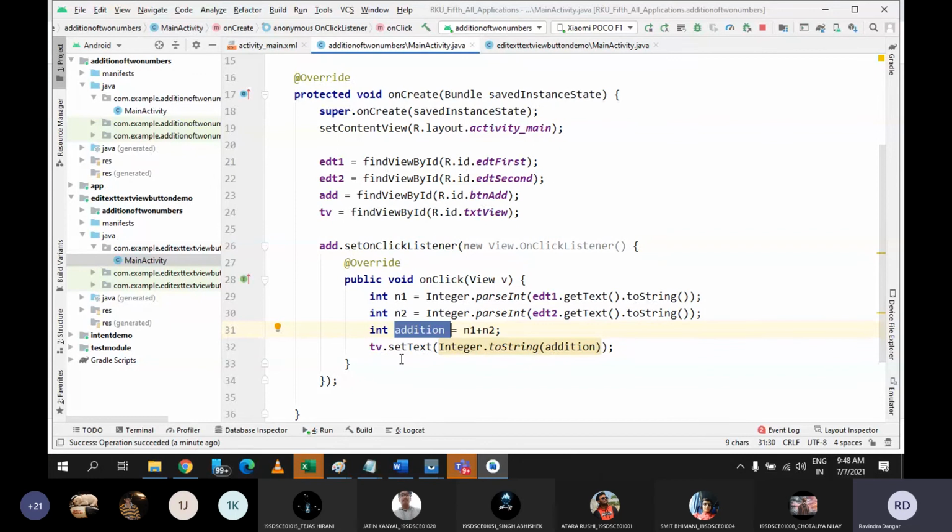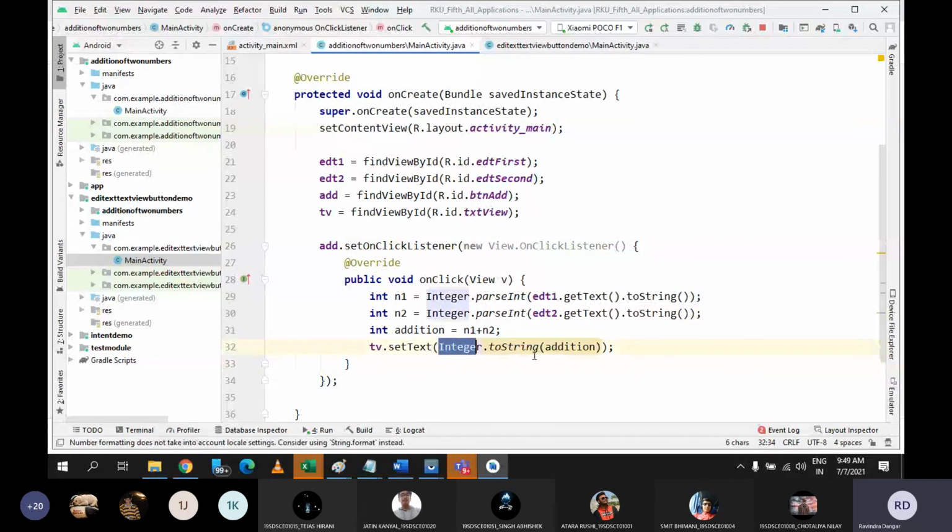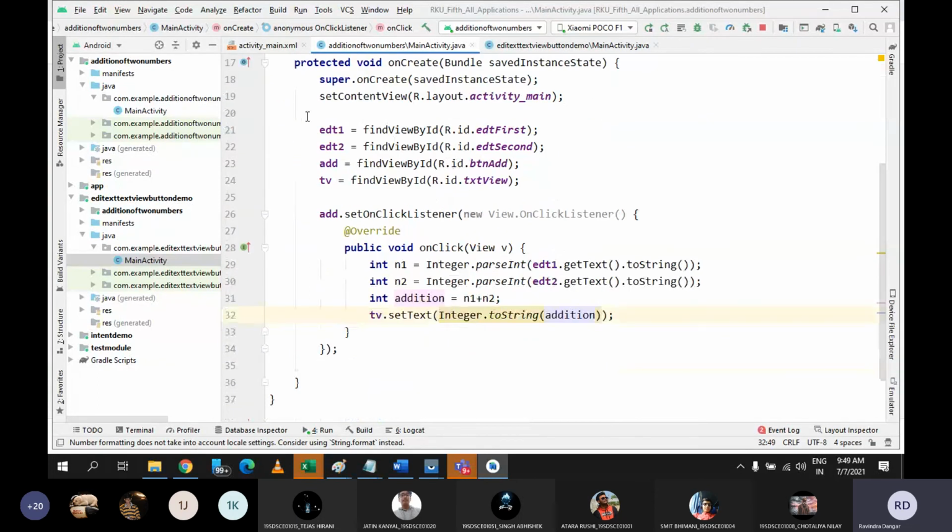Fine. So once you know that you need to convert your integer value into string, then you can recall the concept, and you will be able to recall that we have wrapper class using which we can convert the value of any data type into any other data type. So this is how you can do it. toString is one of the static methods of the Integer wrapper class. So we can find it using this wrapper class straight away, and simply you can pass your integer value. So this value will be converted into string, and once we have string values, we can set the text. So that's it. Any doubt so far?